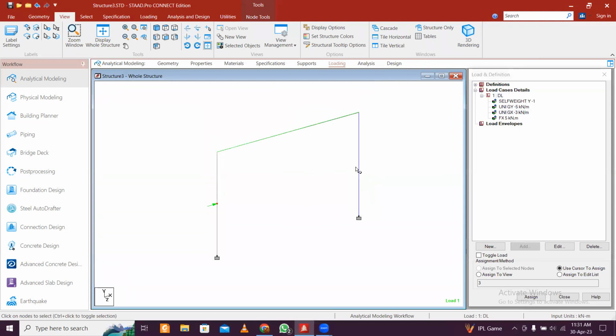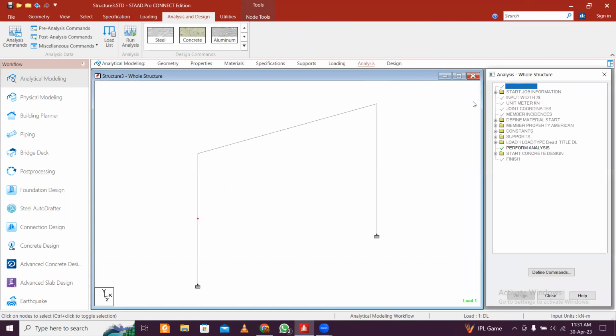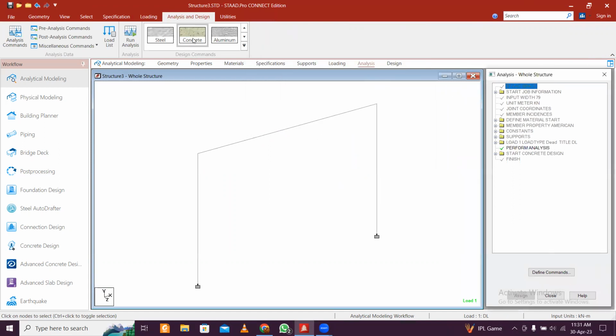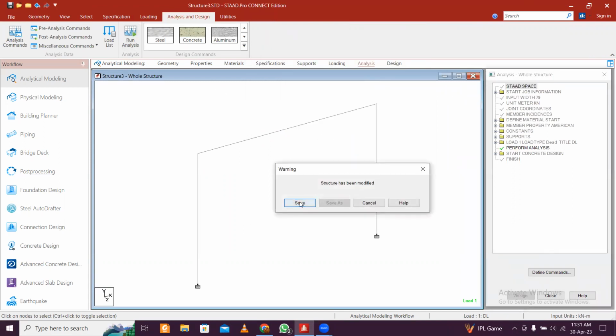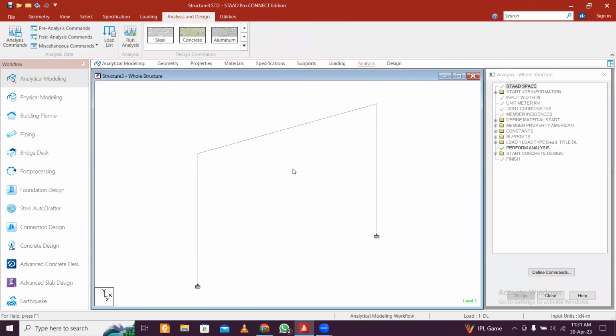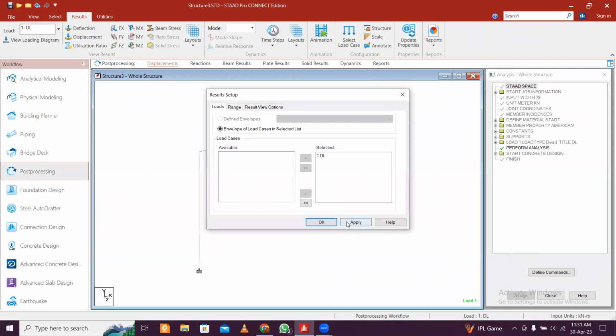So once the loads are applied, what we'll do, we'll go to analysis and design once again. Just delete this since you've changed the load. Just delete this command, delete command, yes, and then analysis command and add analysis once again, and then close. And then you just run analysis. So this is done. So all the loadings are defined, and then you go to your post processing mode, apply